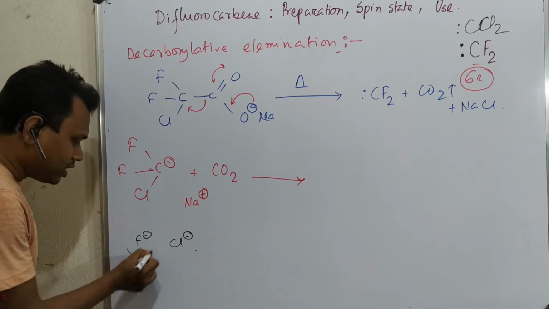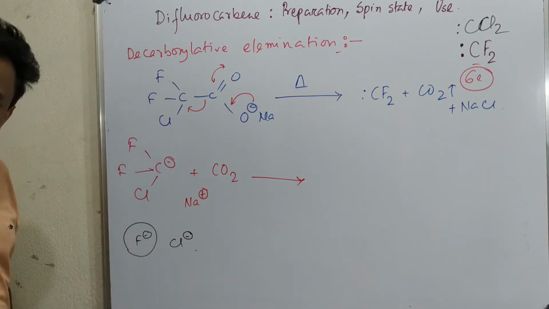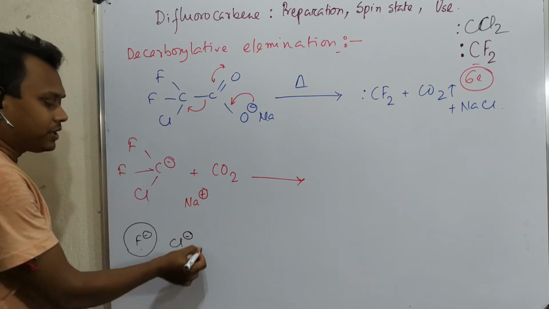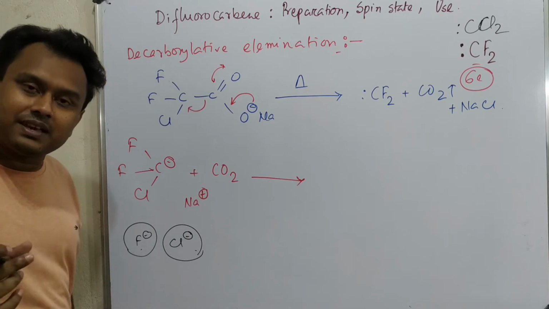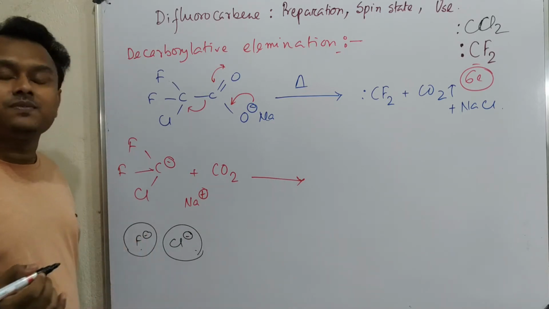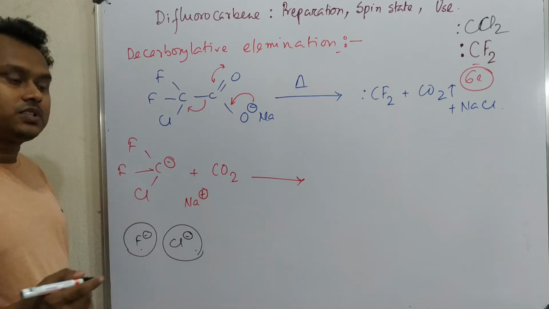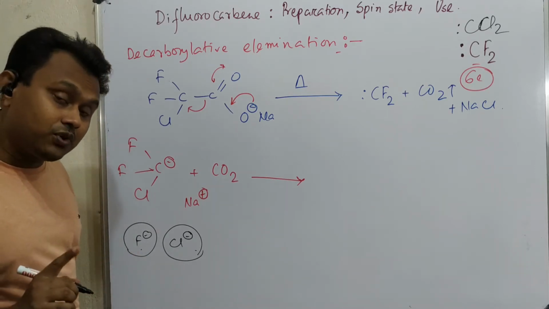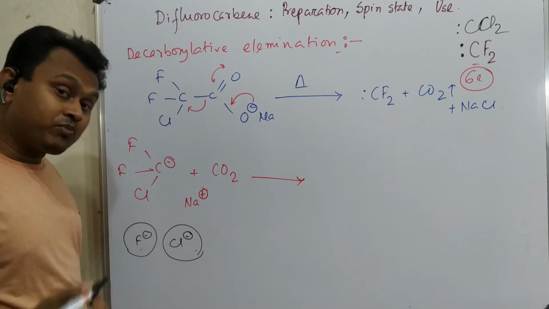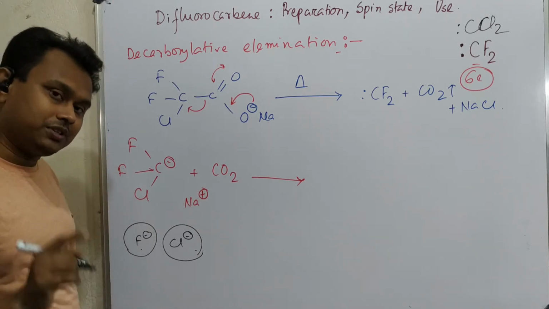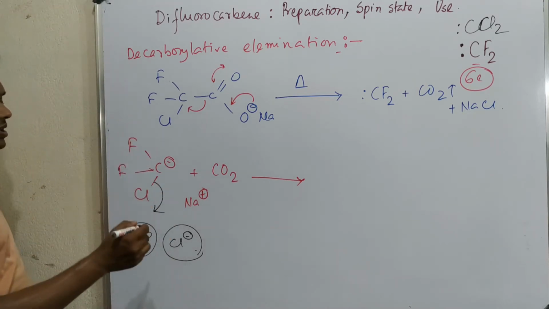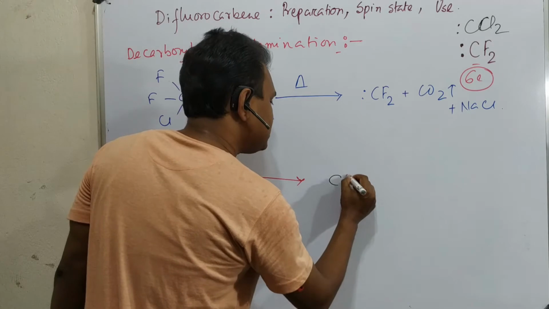If you look at this, fluoride is relatively less stable because, although both carry a uninegative charge, the size of fluorine is smaller compared to the size of chlorine. So the negative charge faces relatively more repulsion. That's why you observe that the electronegativity of fluorine is higher than that of chlorine, whereas the electron affinity of chlorine is higher than fluorine. The same concept. So what happens? This Cl leaves, and in this way it results in CF2.